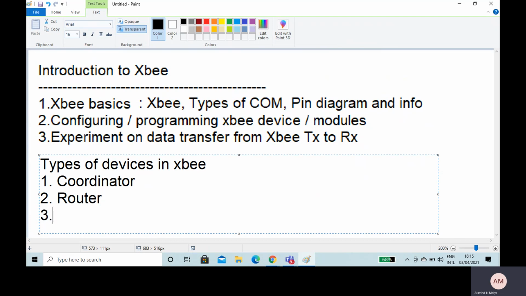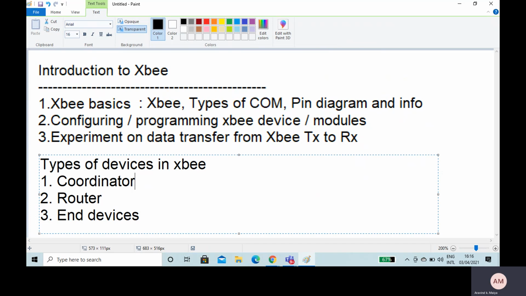And the last one is the sensors and the actuators, such as LEDs and motors, which are connected to the XB, connected to the system. They are called end devices. So in total you have three different types of devices which can be used in an XB communication system. We can use an XB as a coordinator, as a router, and we can also connect different types of sensors, called end devices.